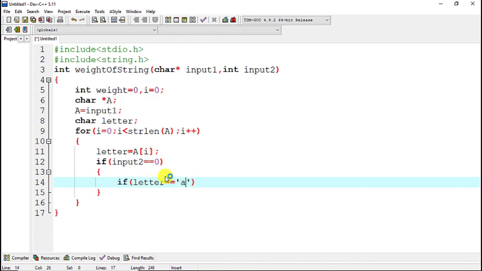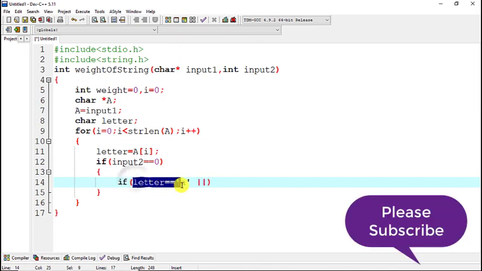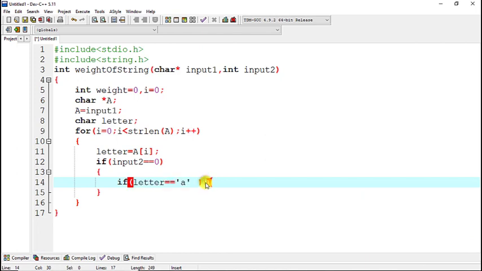Let's start with a, or let's copy this so it will save time, and paste it 9 more times, because there are 5 vowels in the English alphabet, and that's why 5 in lowercase and 5 in uppercase, so the total is 10. That's why we have to copy 9 more times.